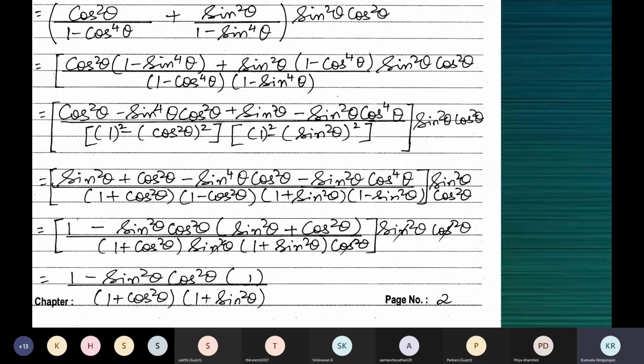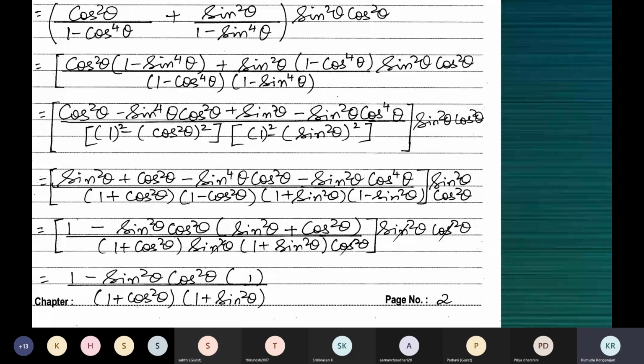When you cube on both the sides, sine cubed theta is equal to cos cubed 90 minus theta. You don't have to cube 90 minus theta. Don't write 90 minus theta the whole cubed. That's the angle there. On one side you have sine theta. On the other side you have cos 90 minus theta. When you cube on both the sides, you get sine cubed theta is equal to cos cubed 90 minus theta. Which is, sine theta into sine theta into sine theta is equal to cos 90 minus theta into cos 90 minus theta into cos 90 minus theta. And that's how we get sine cubed theta is equal to cos cubed 90 minus theta.